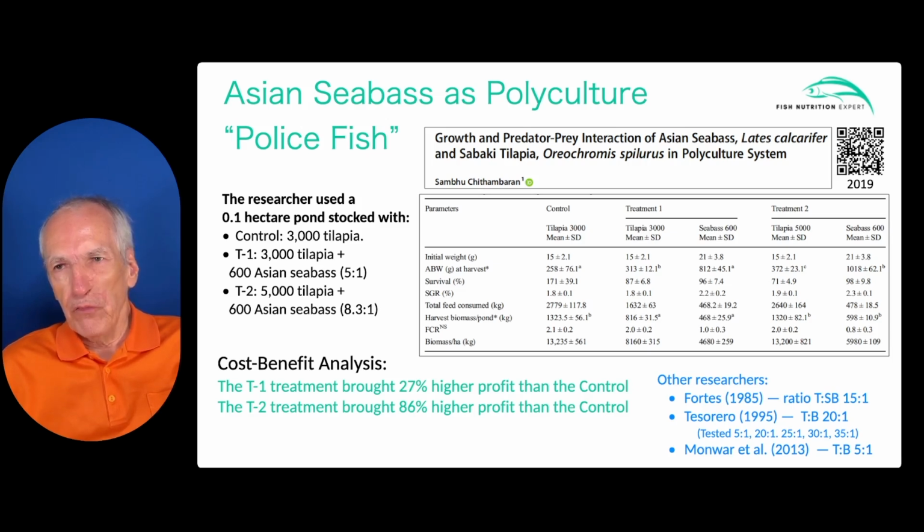They had 3,000 tilapia plus 600 Asian sea bass, so that's a ratio of 5 tilapia to 1 Asian sea bass. And then they had 5,000 tilapia to 600 Asian sea bass, so that was a ratio of 8.3 tilapia to 1 Asian sea bass. And then when we look at the data for the growth, we see the average body weight, we see survival, specific daily weight gain, we see the harvest biomass, the FCR, and